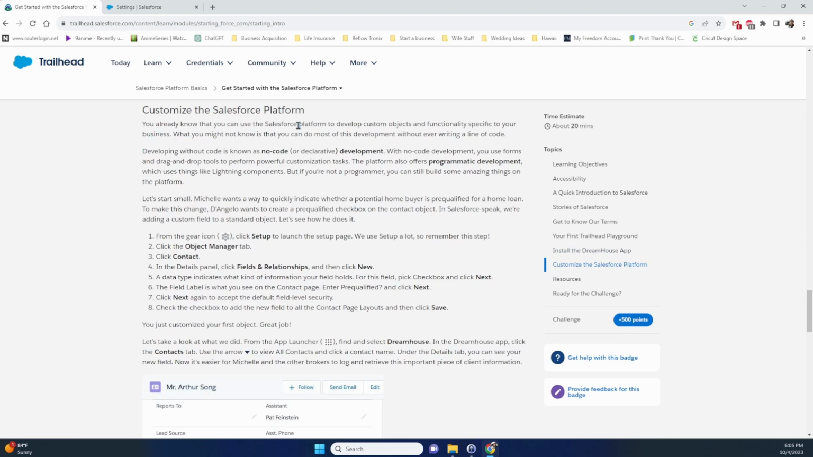So you already know you choose Salesforce Planner to develop custom objects. Developing without code is known as no code or declarative development. And I really like Salesforce for this feature. You could do a lot of things without actually programming code into Salesforce. But there are going to be complex scenarios that you're going to eventually run into, and this is probably going to be